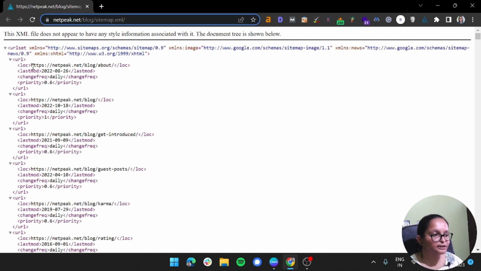But so this is a sitemap which also includes the optional tags along with the required tags. So again, this sitemap starts with the URL set. It has the URL tag, the location tag, the last modified tag, and it has the change frequency tag. So it says that this particular page is changed daily. I don't know why they have done this, because why should an about page be changed daily? Like, we are not discussing that, but still the frequency is that it changes daily, and it is a 0.6 priority. So